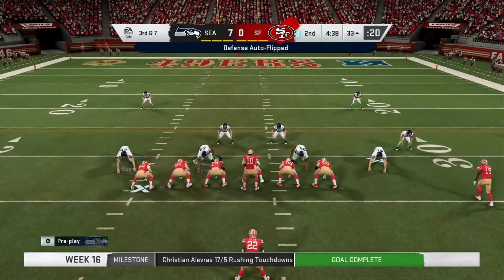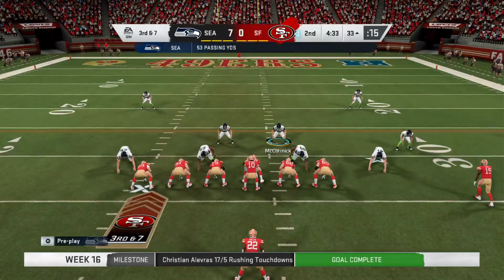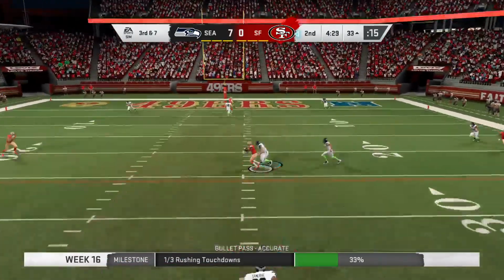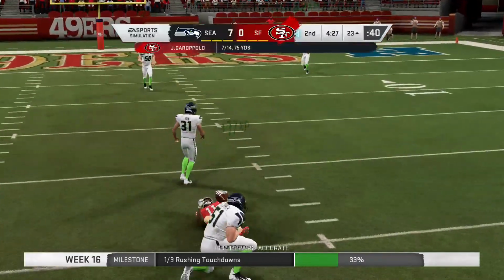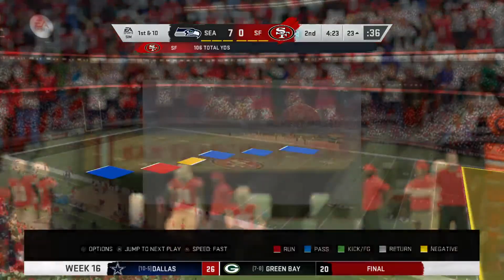Here we go. Coming up here, this defense looking for a third down stop in the second quarter. Throwing is Garoppolo on third down. And brought down, but not before they're inside the 25. A gain of 10 and a...